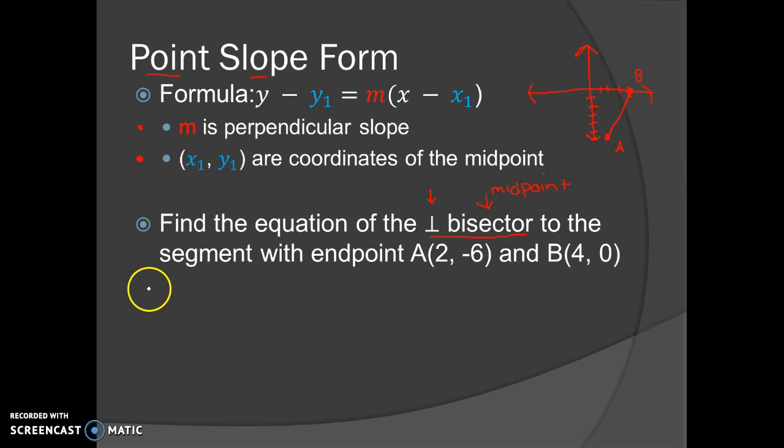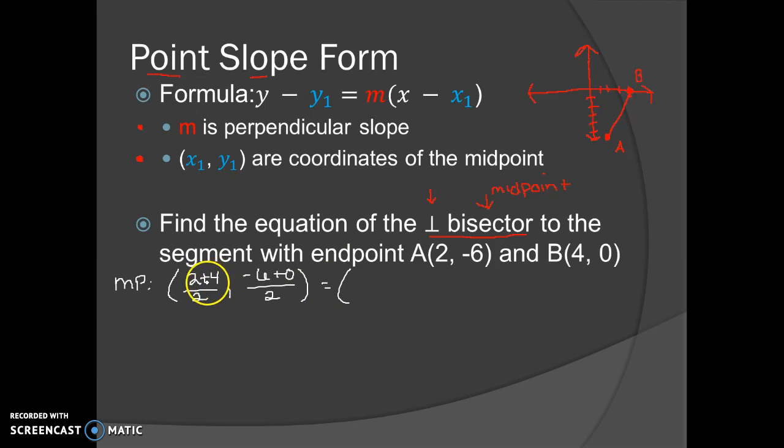So the first thing we're going to do is find the midpoint. Let's call it MP, midpoint. Remember, the midpoint formula is where you add up the x values, so 2 plus 4, and you divide by 2. You add up the y values, negative 6 plus 0, and you divide by 2. Remember, midpoint is a point, so you have to have an x coordinate and a y coordinate. So if we simplify here,